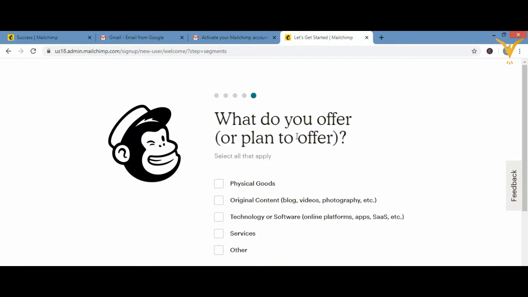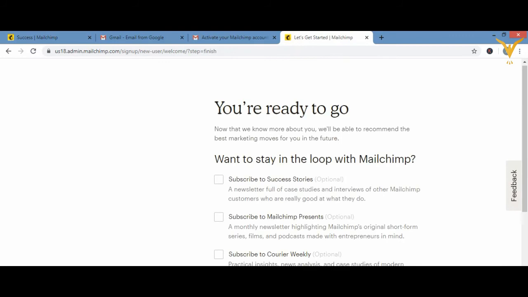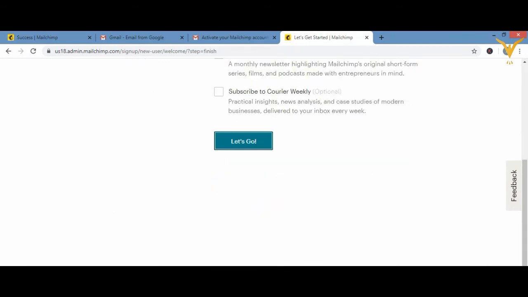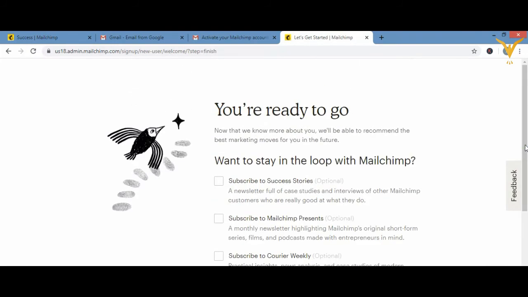Now, what do you offer or plan to offer? Physical goods, original content, technology or software services, other? We can just skip this also. Okay, so I have clicked on skip. Let's see, what does this ask? You are ready to go. Want to stay in loop with MailChimp?